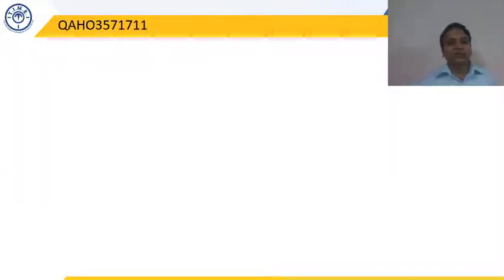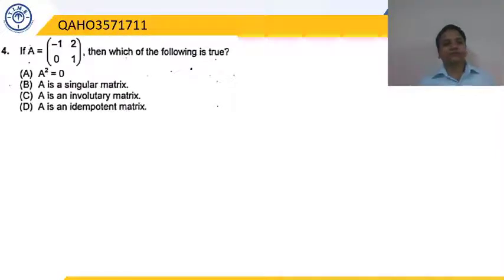Now using the handout 1711 again, we are using question 4. Now just carefully look at the choices. It says, first of all, a small 2 by 2 matrix is given in which the second row, first column element is 0 and the others are non-zero. Then which of the following is true?